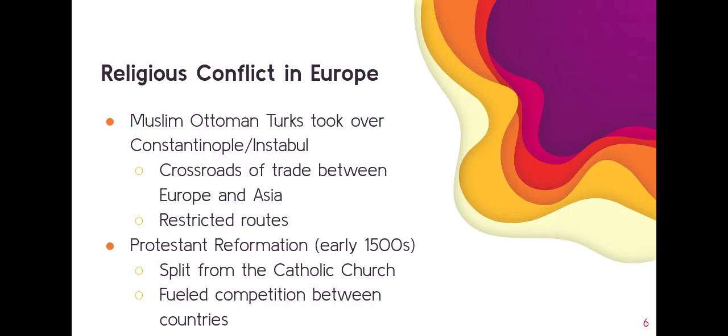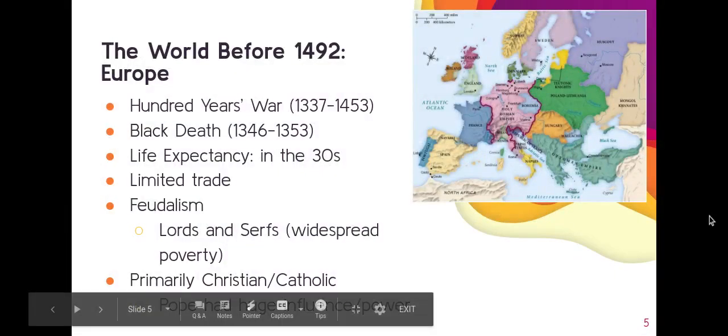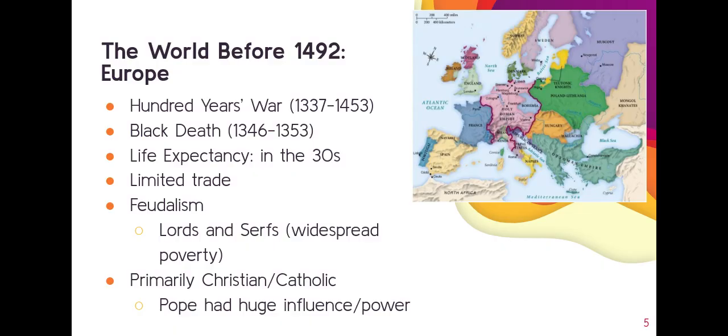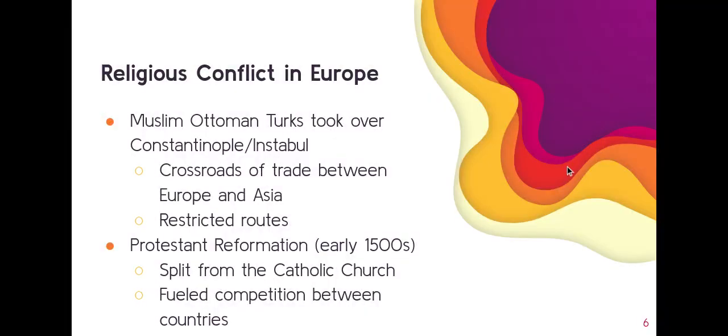So, what we see happening is the influence of Islam begin to take over in parts of Europe as the city of Constantinople is taken over and becomes Istanbul. We see new routes being restricted for trade. And so this area here becomes more restricted; it's open to Muslims, but not to the Christian Europeans. And so land-based trade is going to become much more difficult.